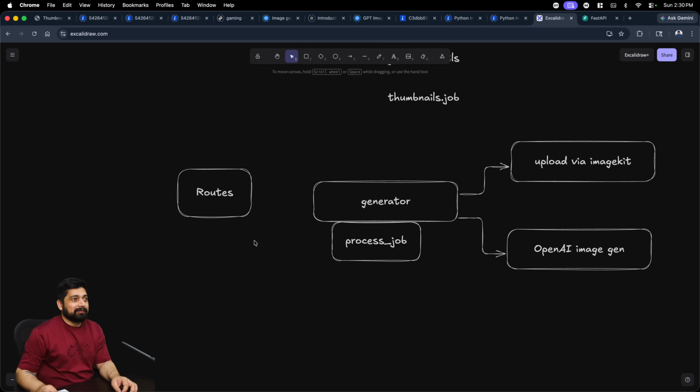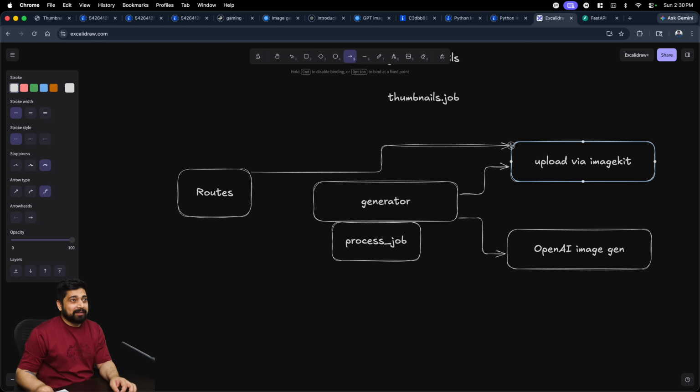Let me take you through the diagram. So this route now has an endpoint which can actually call this directly as a service, and we are able to upload things on the Imagekit. So you get the whole picture idea. So in the whole ecosystem of